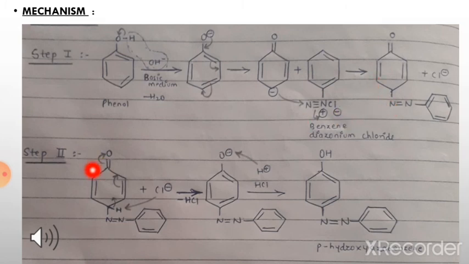In the second step, hydrogen of carbon at the para position will donate electrons to the ring to maintain its aromaticity. Hydrogen is removed as H positive ion. Chloride ions present in the solution will donate electrons to H positive ions and be removed as HCl. Next, the HCl present in the solution will provide H positive ions and will attach to the partial negative charge oxygen. Next, here is the formation of the product, that is para-hydroxyazobenzene.